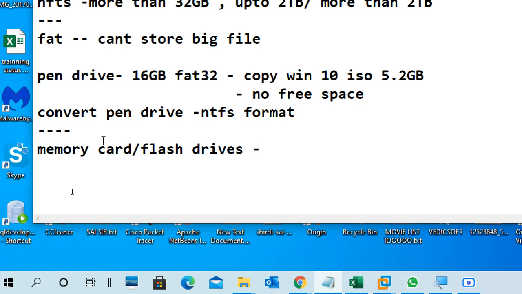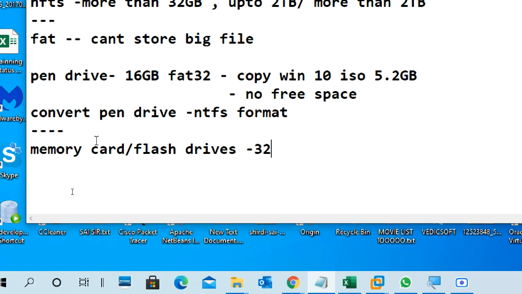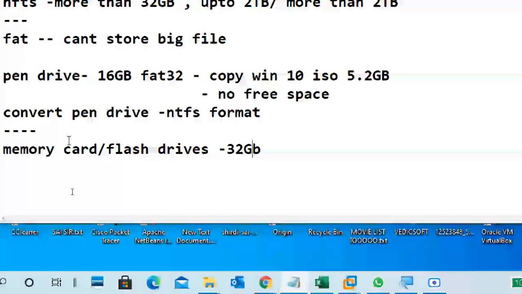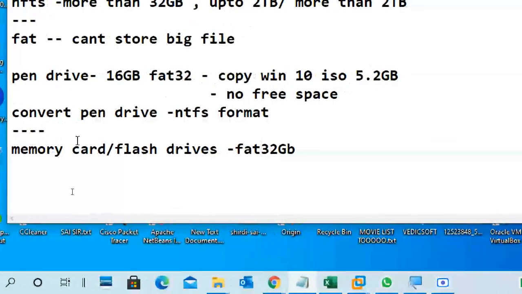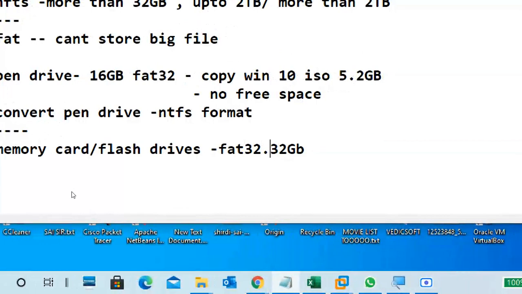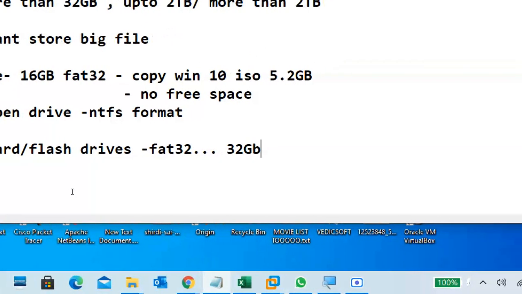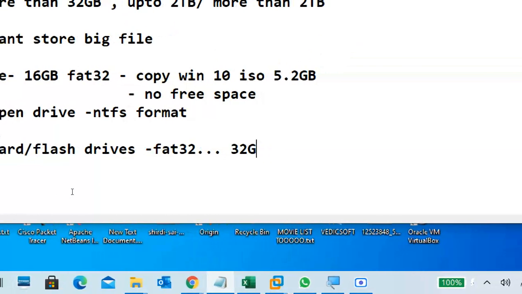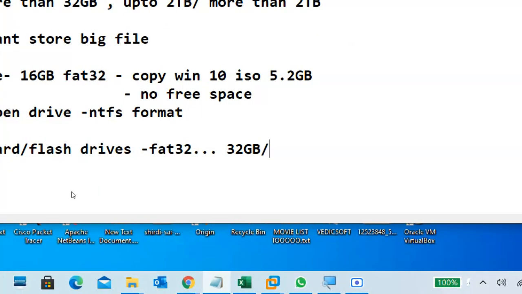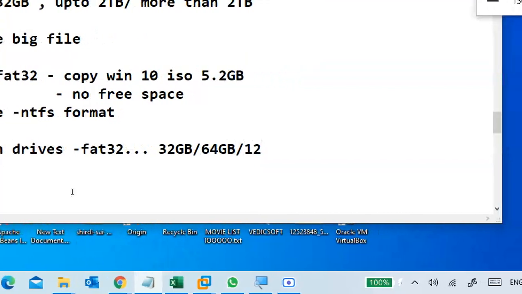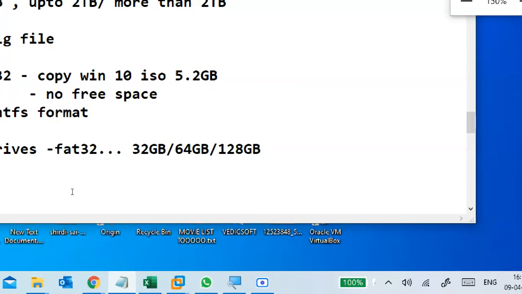Now we have flash drives of more than 32 GB. Flash drives are usually formatted with FAT32 only. But nowadays flash drives of 32 GB, 64 GB, 128 GB, 256 GB and even 512 GB memory cards are available. When I purchased a 32 GB internal memory phone, I added 32 GB externally.